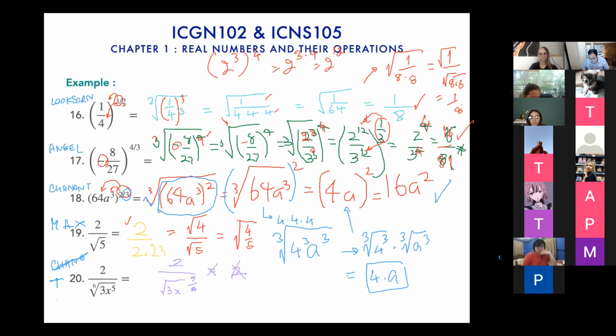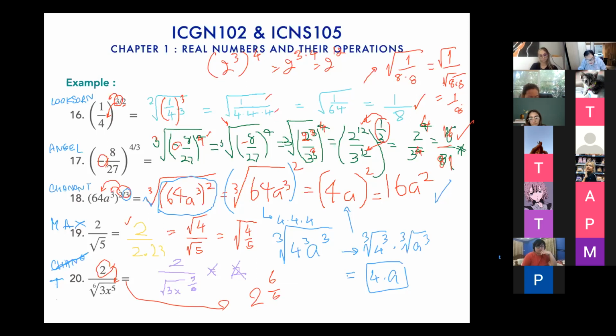So I try to make the 2 be inside this one. How can I do it? You can see that for the 6th root, if you want to make 2 in the form of the 6th root, it is like 2 to the power of 6 over 6, isn't it? Class, can somebody tell me, Lemon,